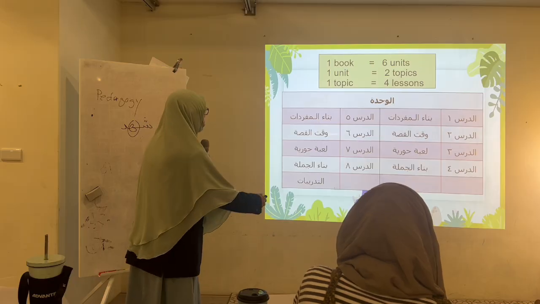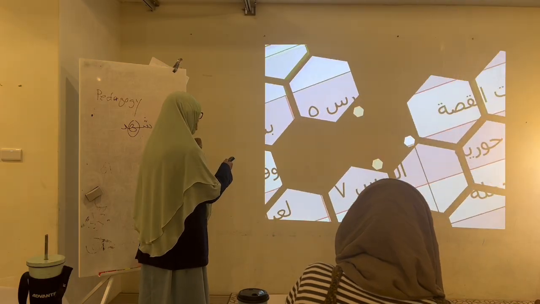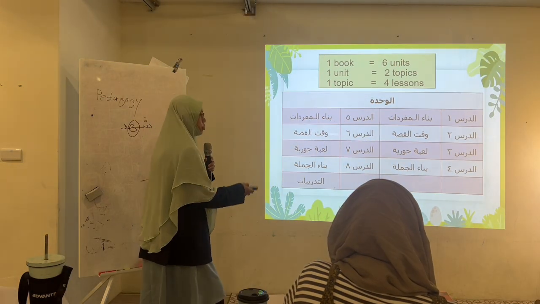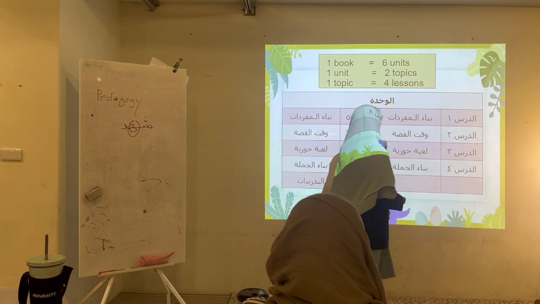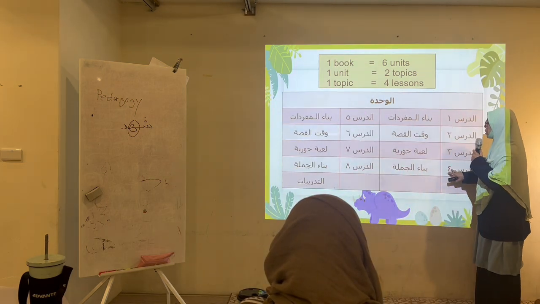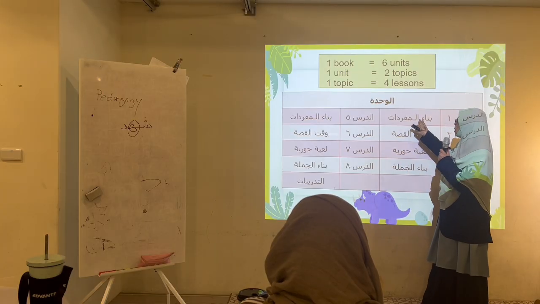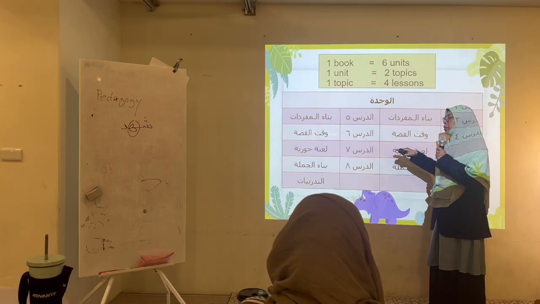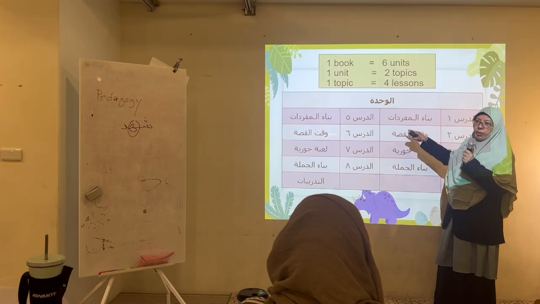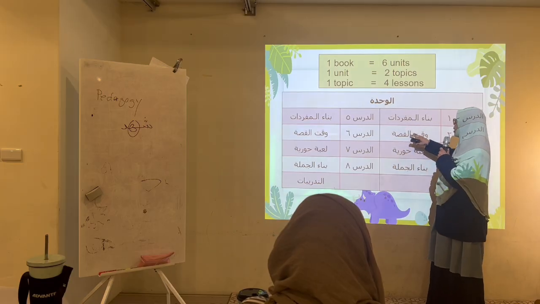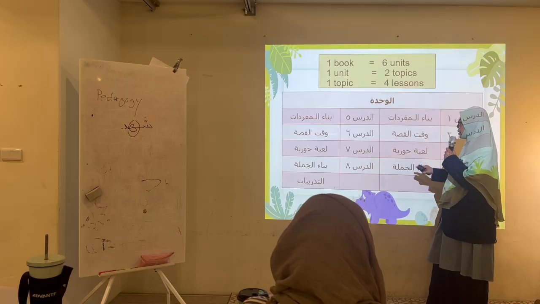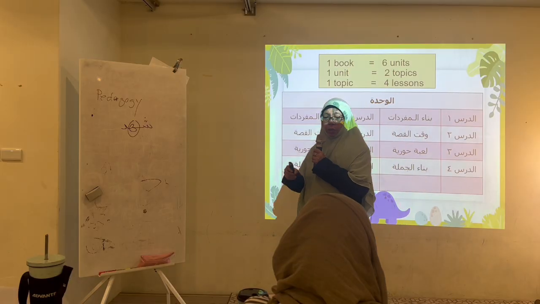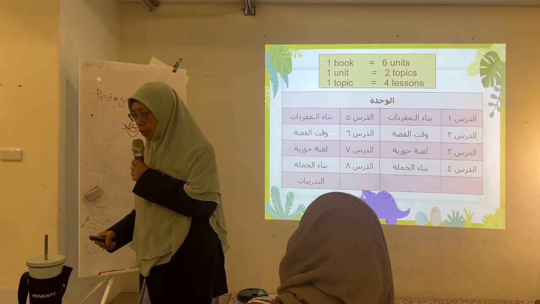So, let's see. I have to use my hand, is it? So 4 lessons, 1 topic, and then it's repeated. If you notice, the same skills or things that they will learn, okay? Not topics, section, okay? Section. So it will repeat, okay? But different topics. Okay? So if you look at the books, for example, book 1, first topic is the